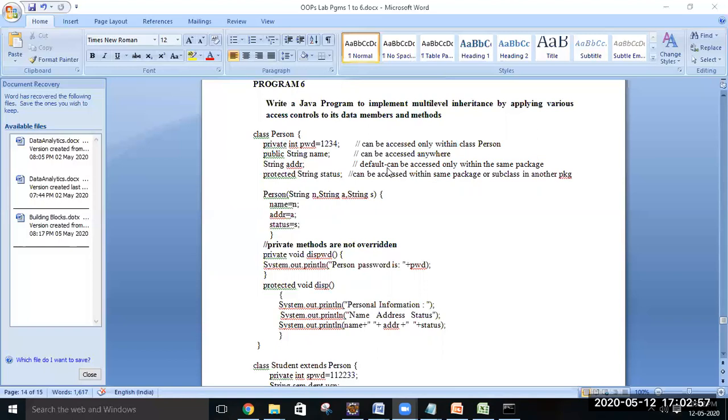As long as our files or data members are accessed from the same package, it will work. If it is going out of the package, then such default data members cannot be accessed.